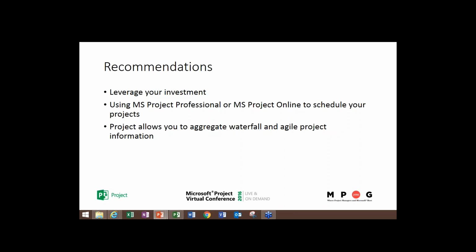By using Project, you can have all your information in one place, and this makes resource management, prioritization, and capacity planning all possible. It's difficult to do that if you have information for some types of projects in one place and others in another. That's the great thing about the Microsoft PPM solution. It allows you to have all the information about your portfolio. It allows your reporting to be complete. And I think that's one of the great things about using Microsoft Project to schedule Scrum projects.